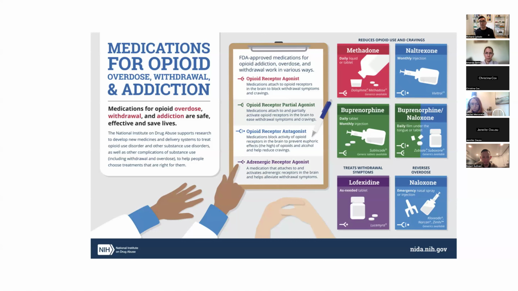And obviously naloxone is the rescue drug. All right, so these are meds that we use. So we have agonist therapy, right, which is the opiate replacement therapy, whether it's a partial agonist or a full agonist like methadone. And we have antagonists. If you want to get them off and try to block the receptor, so it helps keep them abstinent, that would be naloxone, short acting, and naltrexone, long acting. All right. Adrenergic receptor agonist, so why are we giving someone an alpha-2 agonist?